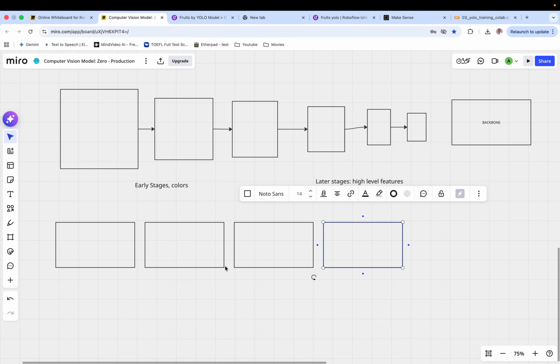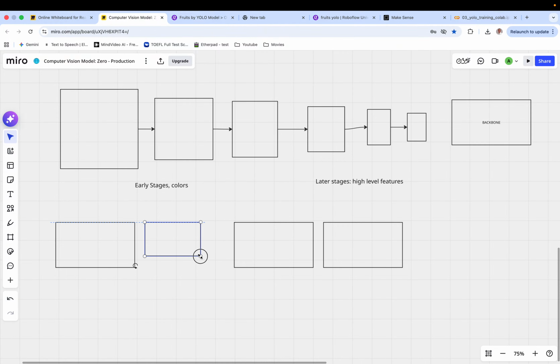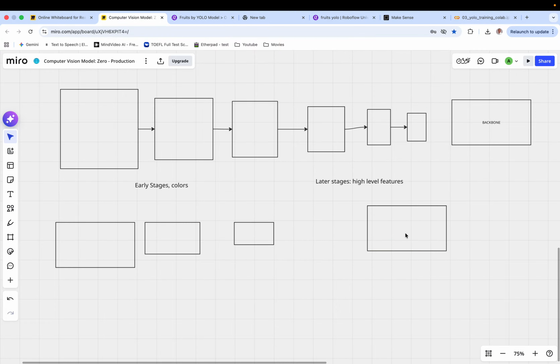So this would be smaller. This would also be smaller. Let's say this is here. So how this translates now is